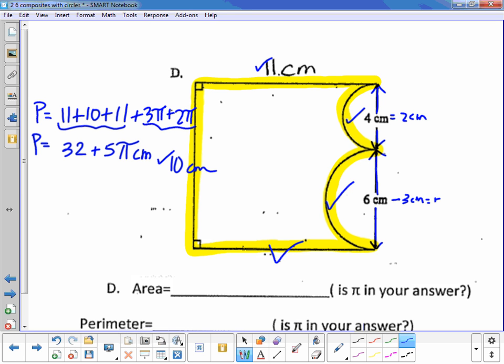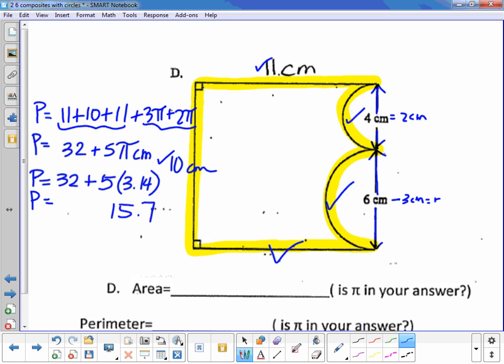Now on your homework tonight, it asks you to not only put your answer in terms of pi, but also to put it to the nearest tenths place. So I'm going to model that with this problem. Since you have your answer in terms of pi, I would always recommend doing your answer in terms of pi first, because then it makes it really easy. You would just say perimeter equals 32 plus 5, and then substitute in 3.14 for pi. Now, when you do 5 times 3.14, I think that gives you